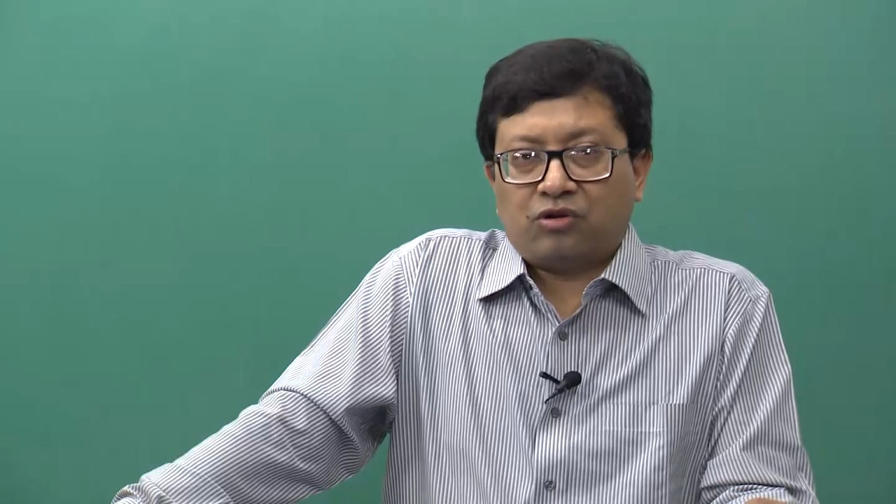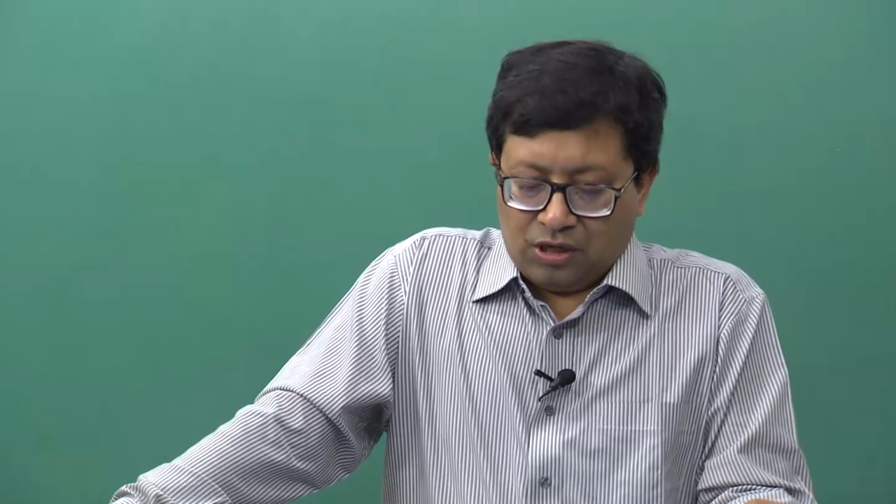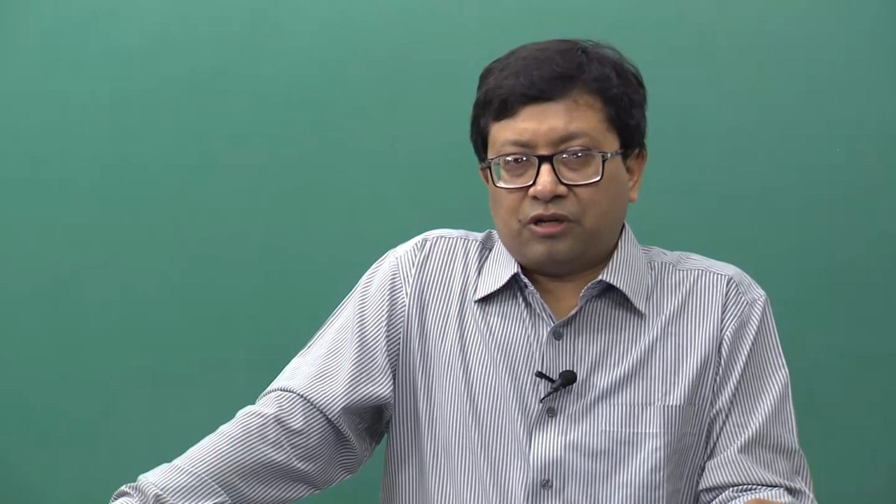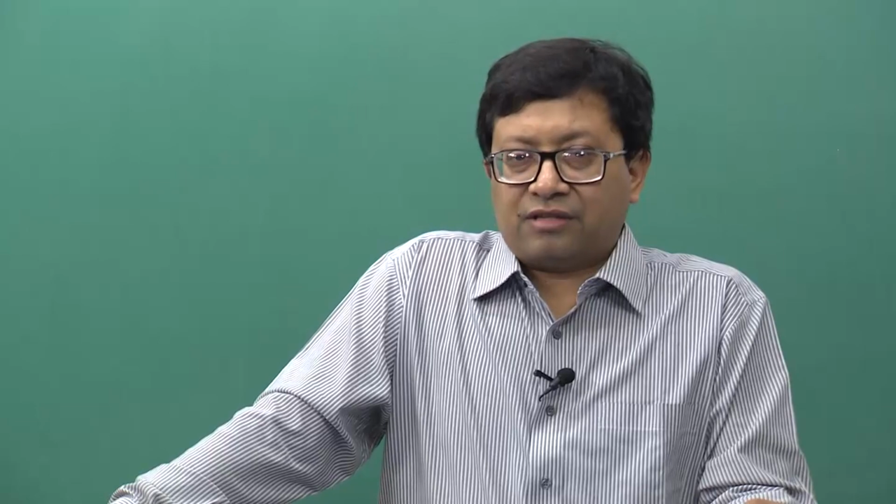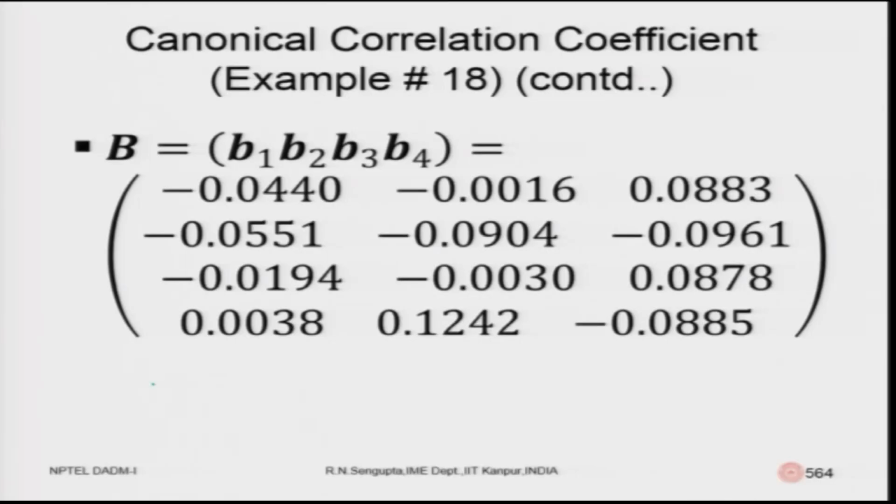Then we can take out the rho 3's, that means we will find the u3's and v3's such that they are orthogonal to u2's, v2's, and also orthogonal to u1's and v1's. Once we have that, correspondingly we find the A vectors and the B vectors. So, here is the B vector. Obviously, the B vector would be 4 cross 4, because, if you remember, when we were discussing the problem, the Y variables form a 4 cross 600 matrix, where 600 is the number of observations which you have.